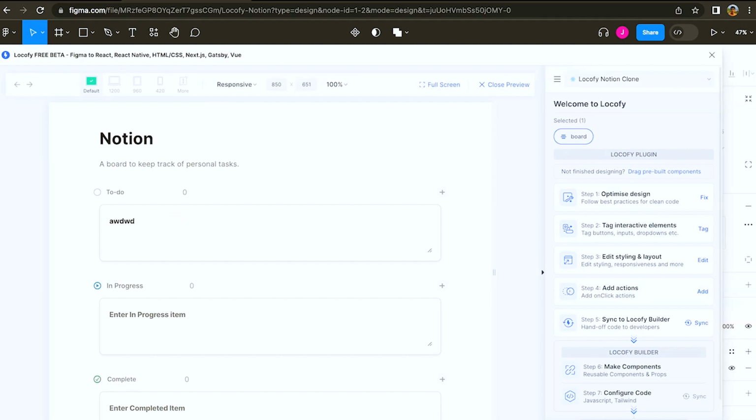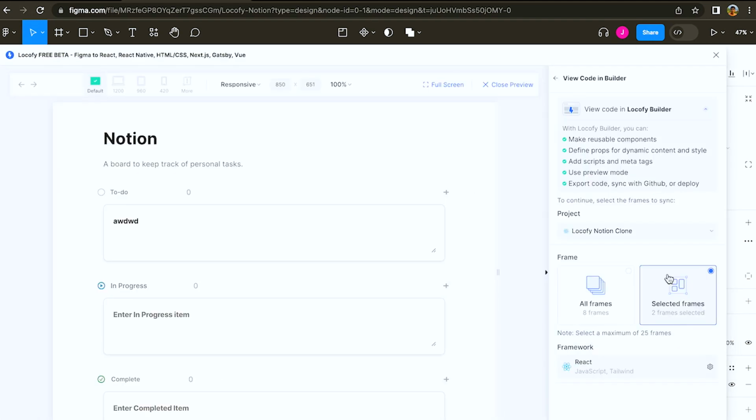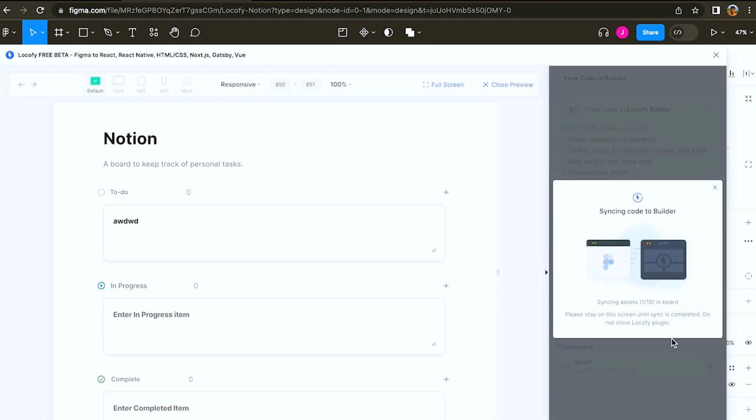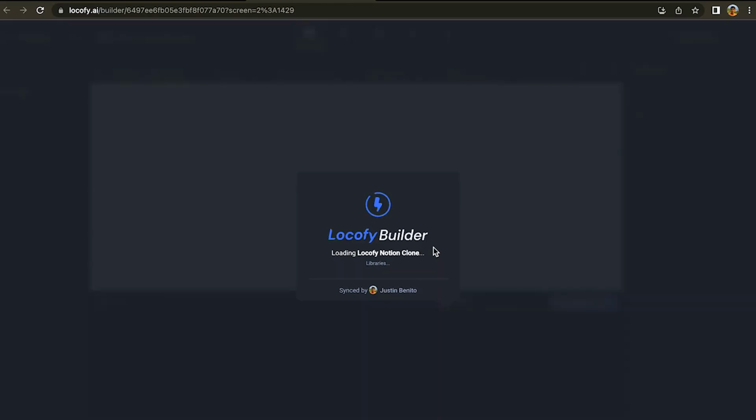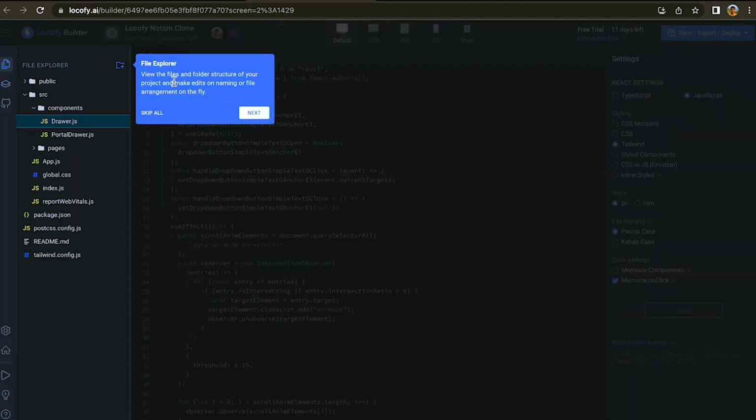Now let's sync this to our Locofy Builder so that we can extend our code and add functionality on top of this. Click on sync to builder and click on the frames that you would like to sync. So let me select the two frames over here and click on view code in builder, and you'll be redirected to the Locofy Builder. You would be greeted with an intro to the Locofy Builder,